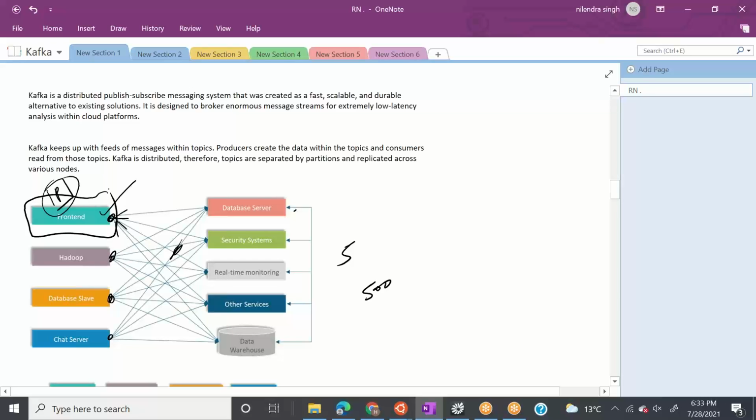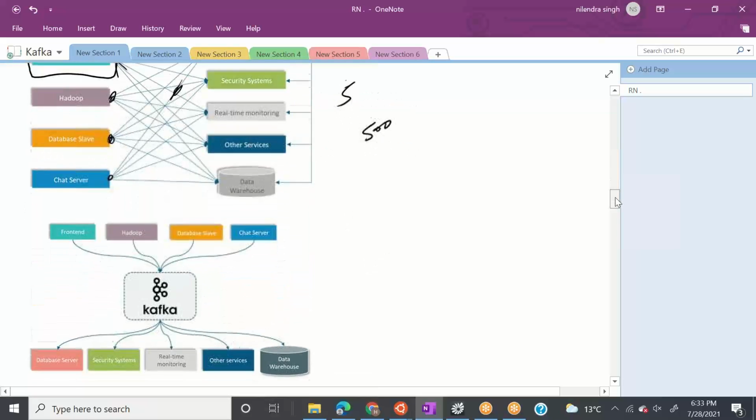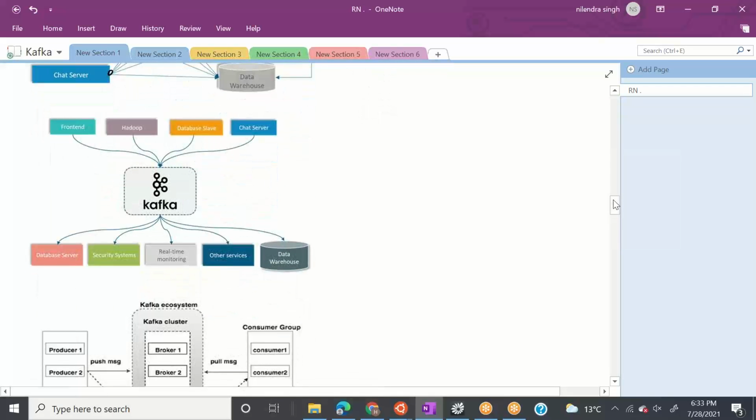So rather than doing this, what these people suggested is, why not put something called Kafka or a messaging queue in between. Let's put Kafka as a messaging queue between your producers and your consumers.